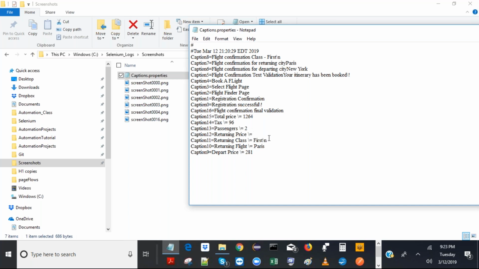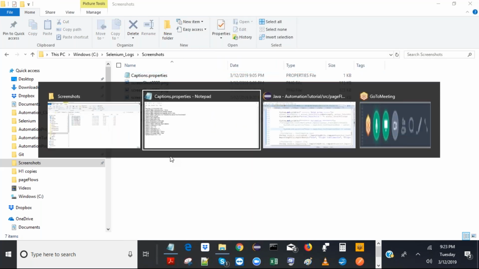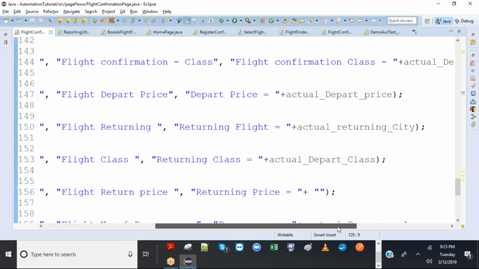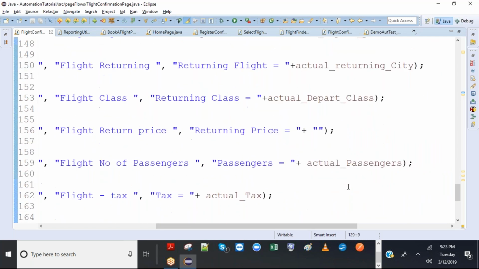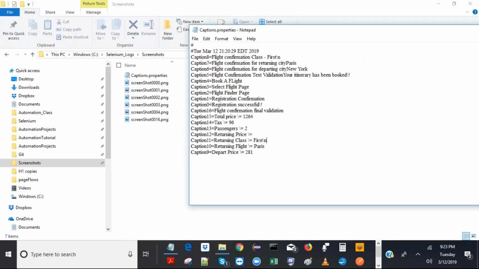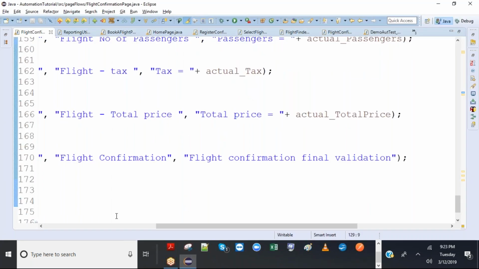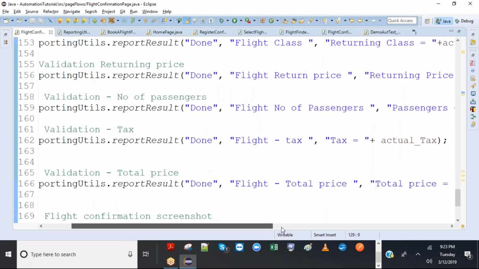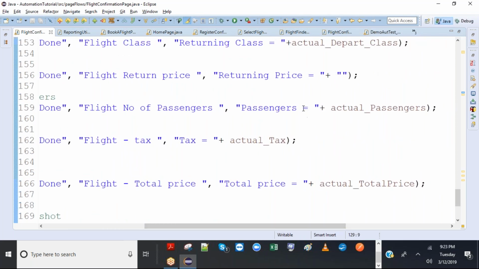Just take care of these values, null values and backslash n. So these values we can take care of from the code. I think we are putting that. Oh yeah, so I am putting these spaces here. What is the, let's say, passengers, number of passengers. Right, okay. So passengers equal, okay, got you.